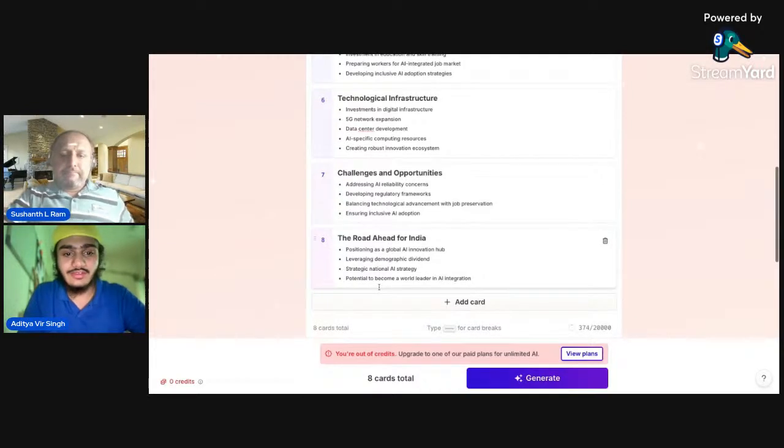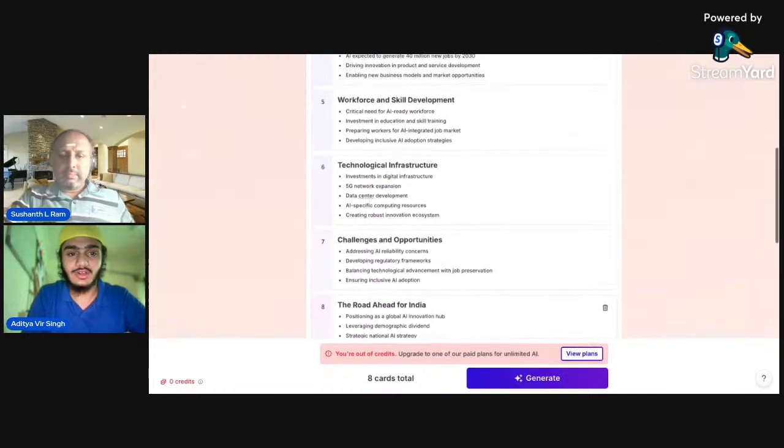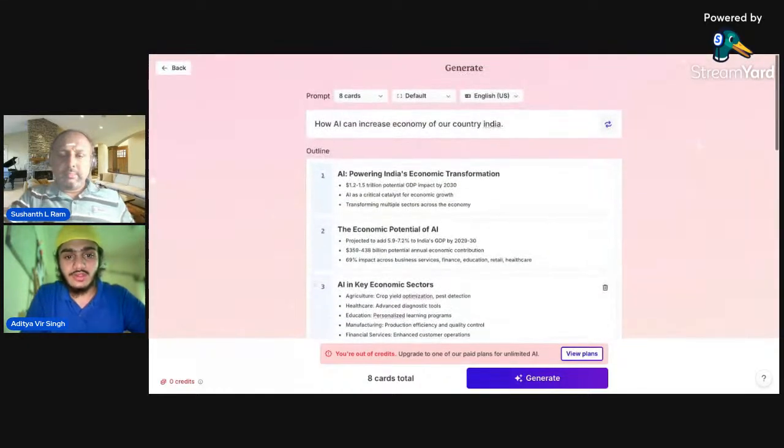The last is the road ahead for India: positioning as a global AI innovation hub, leveraging the demographic dividend, a strategic national AI strategy, and the potential to become a world leader in AI integration. If you want to change the format or the background color, you can give a prompt about that and it will change.